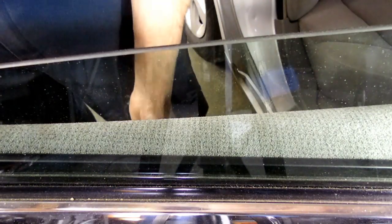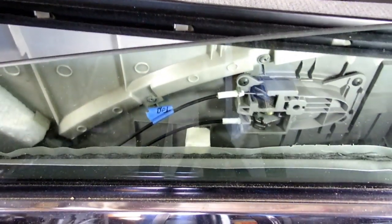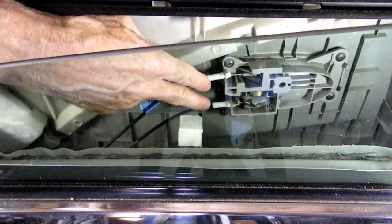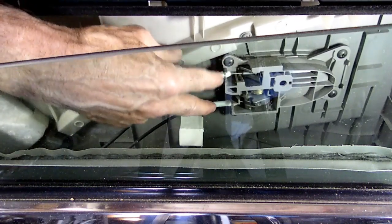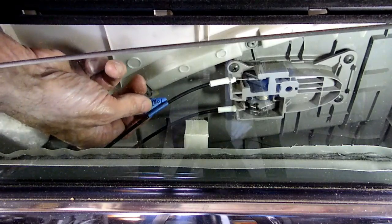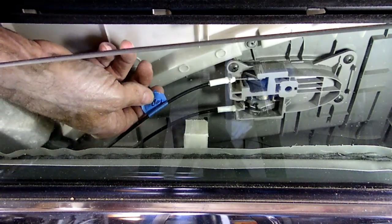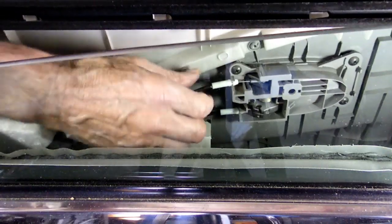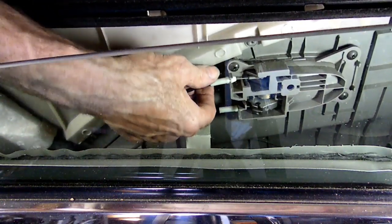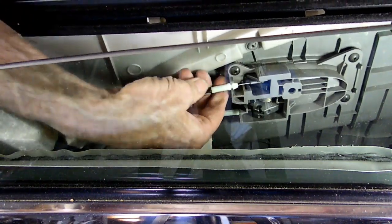Now, when you do remove that panel away from the door, this is what you'll see. You'll see a couple of cables going to the lock mechanism and the lever to open the door. Now what I did here is I labeled one of the control arms so I get it into the right position. Now this little white piece right here snaps into the housing on both of them, so just lift up on it like so,